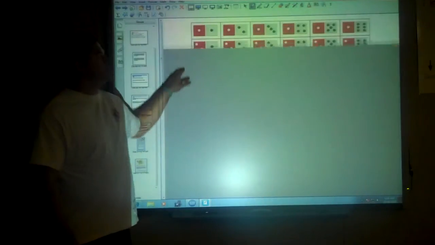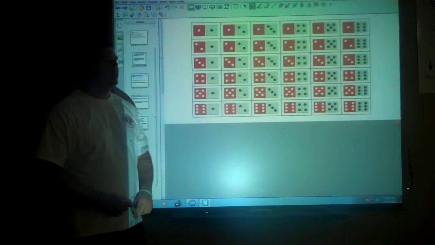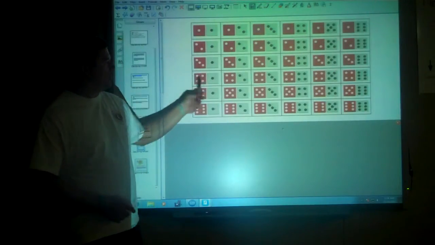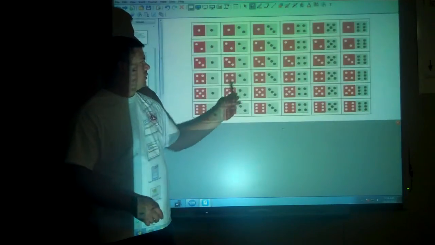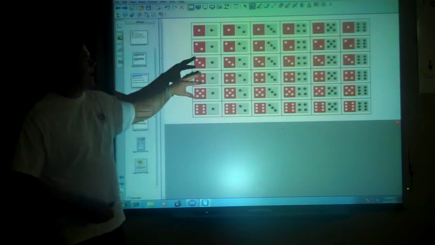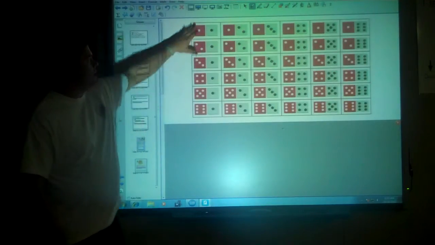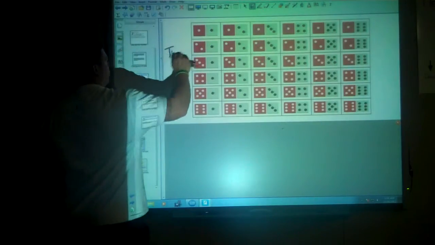So here is a list of all the possibilities that you could get if you were to roll two dice. You could have a 1 and a 1, a 2 and a 1, 3 and a 1, 4 and a 1, 5 and a 1, 6 and a 1, so on. You get 1 and a 2, 2 and a 2, 3 and a 3, and so on. So these are all the possible combos that you could actually get. If you count them up, there are 6 here and there are 6 there,